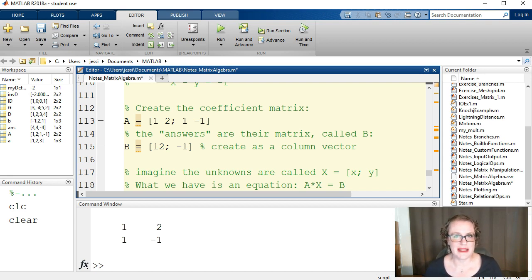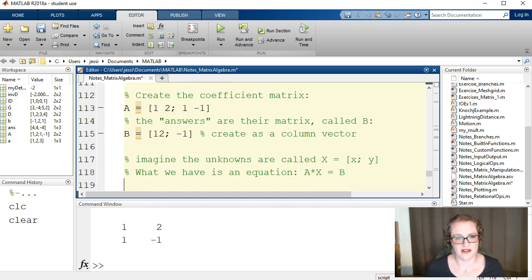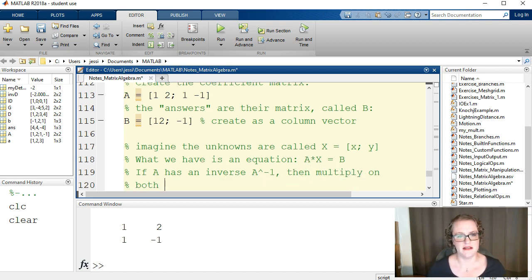What I need to do to cancel out the A is multiply on the left by something that will get rid of A. That's why we need the inverses. If A has an inverse, A to the -1 power, that's the name of it, then multiply on both sides of the equation by it